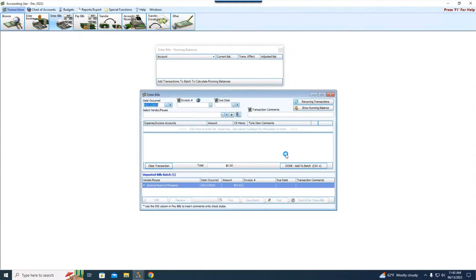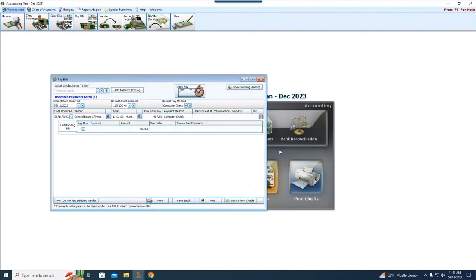We're not going to print it. So now it opens up my pay bills window and it has checked my bill for $987.65. But what it has not done is it has not added in the $390.68 that the employees have contributed, again, because their contribution was brought in from payroll, is not a bill. So I have to tell it that I want that payment, that amount to be added into that. And I do that by simply clicking right here where it says amount to pay, and I change the amount